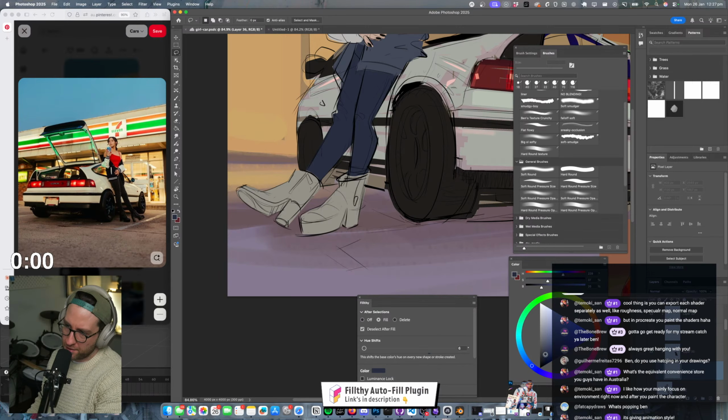Do you want to do black boots? I don't know. Give them a little bit of a color difference.